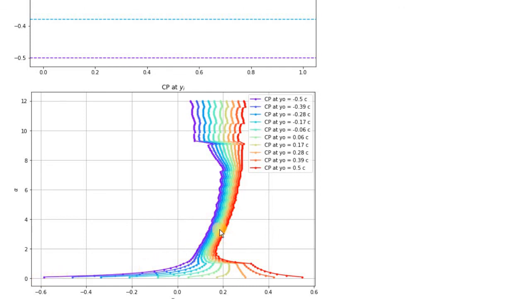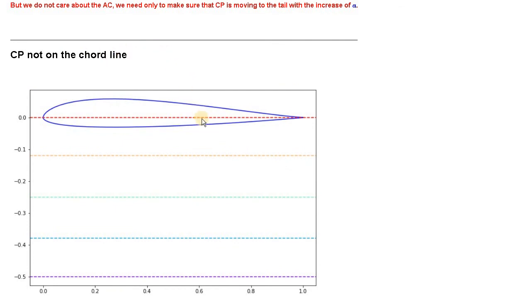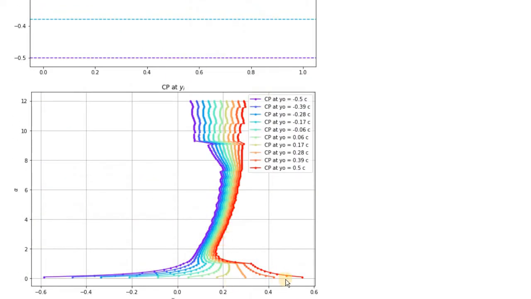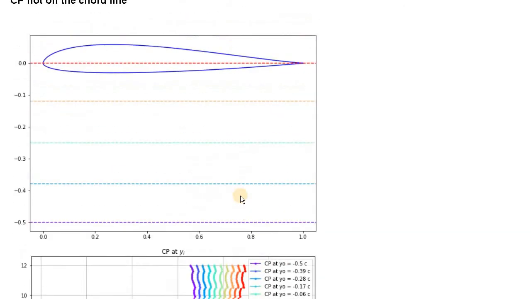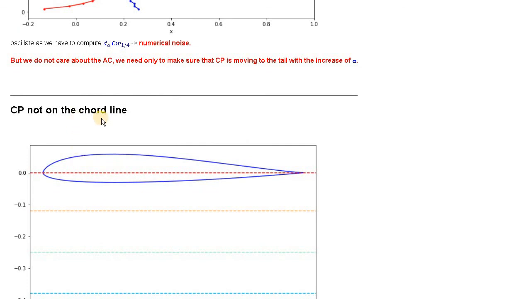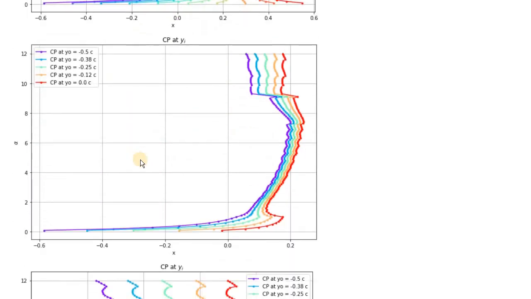Then we have the lines above this airfoil. In that case, we're going to have the opposite effect, so the center of pressure is going to move from the tail to the nose. So we have to reject the position for the center of gravity above the airfoil. So we're going to have only those lines left, and the center of pressure is located at a different